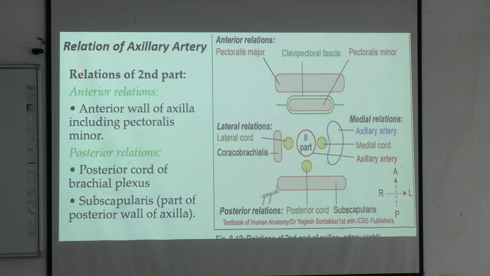Next you are going to relations of second part. This is asked in your viva. So anterior relations are anterior wall of axilla including the pectoralis minor. See, this pectoralis major, pectoralis minor, clavipectoral fossa, all these are forming anterior relations. Posterior relations are formed by these two structures, posterior cord of brachial plexus and subscapularis, part of posterior wall of